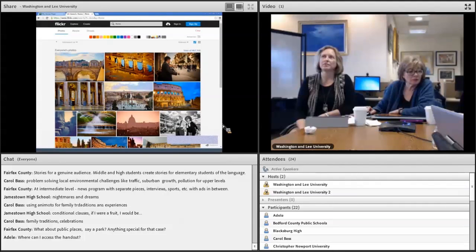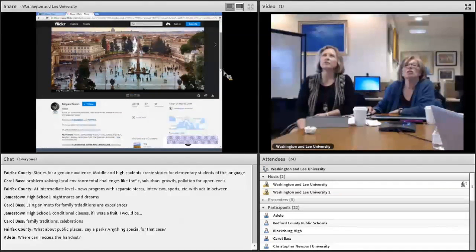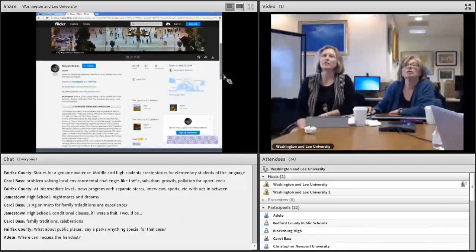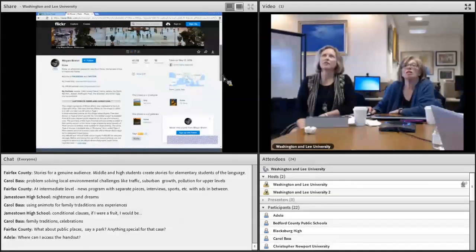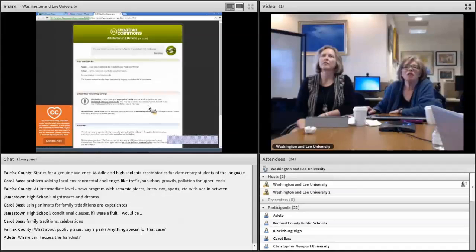And particularly in things like Flickr and Google, if you go out and search, slow, we're being slow, let's go back. All right, so if I go to Flickr and search, and I pick that one, and if you scroll down, it'll tell you how you can use it.